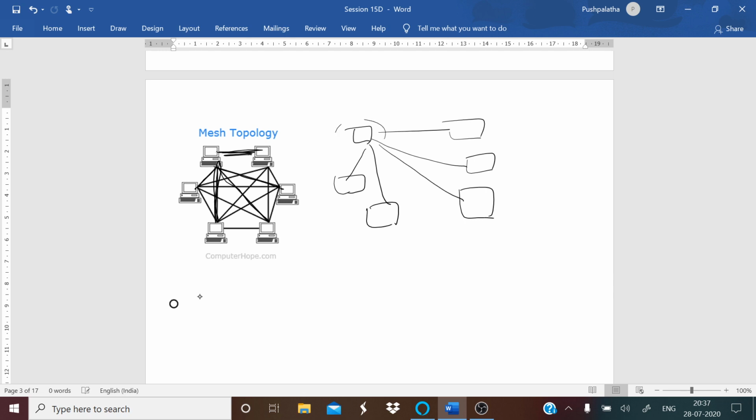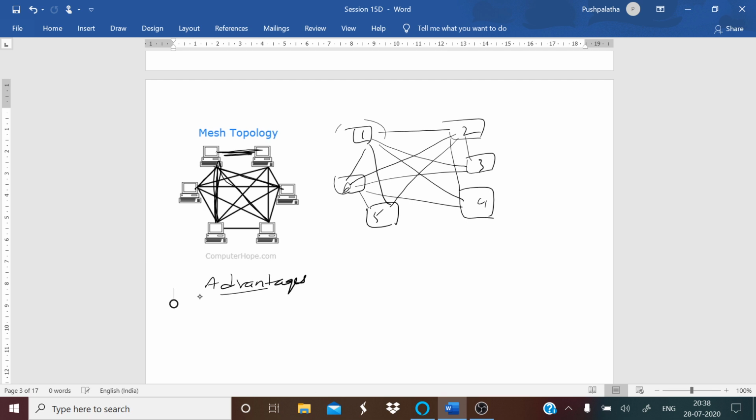So if you call them 1 2 3 4 5 and 6, this first system is connected to second, third, fourth, fifth, sixth individually. In the same way, the second system will be connected to the third, then the fourth, then the fifth, then the sixth, right? And 6 is connected to 5th, 6 is connected to 4th, 6 is connected to 3rd. So it becomes a mess. We can also call it a mess. Okay, and if we have more devices, then each device must be connected with all the devices, so the number of links will increase.